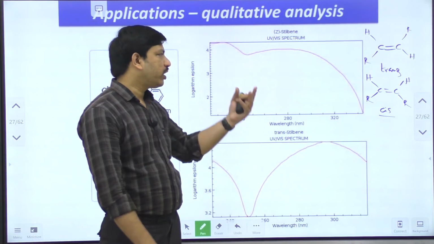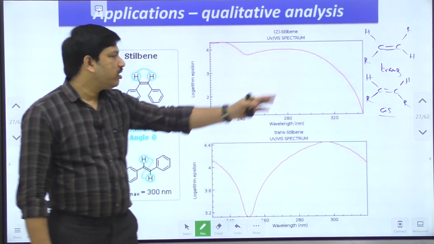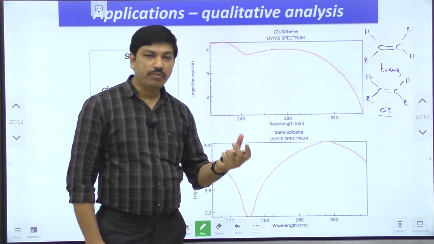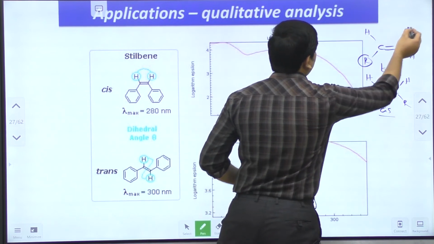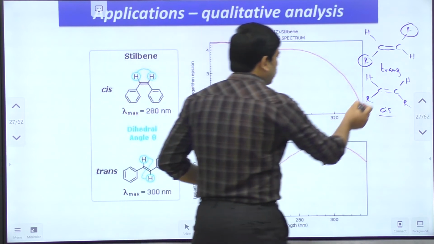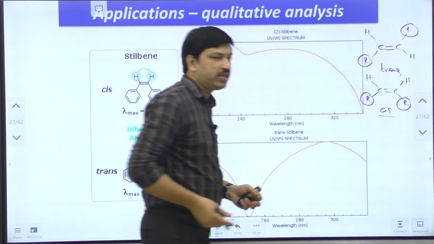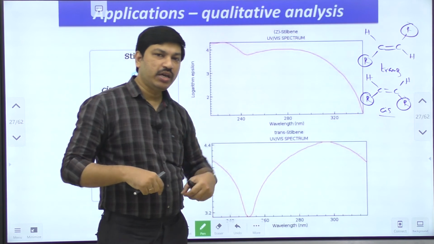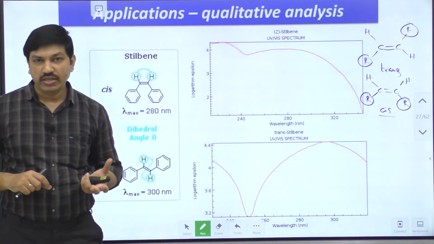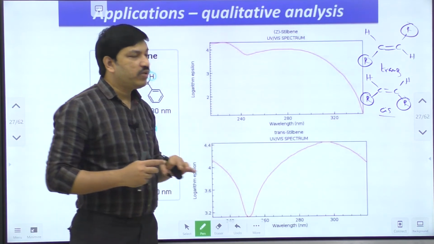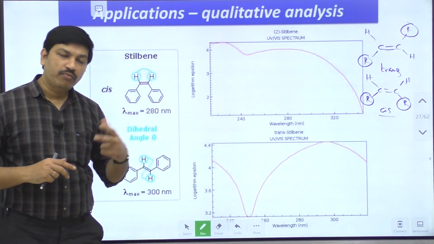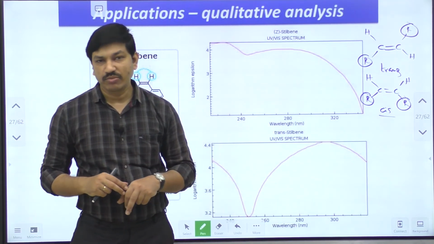With respect to formula, both have the same formula. The only difference is the orientation of some of the substituents. In this case, both R groups are opposite to each other. In the second case, both R groups are on the same side. If both R groups are on the same side, that is called the cis isomer. If both are opposite, that is called the trans isomer. So for some compounds we have trans isomers and cis isomers. Will both molecules provide the same absorption spectrum or a different absorption spectrum?